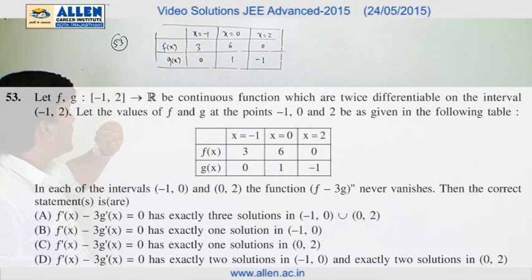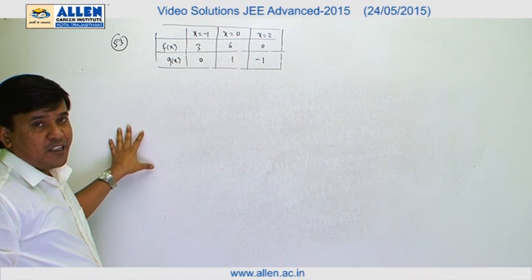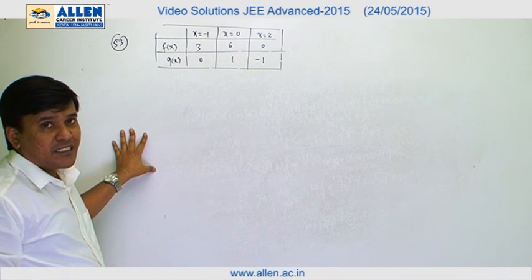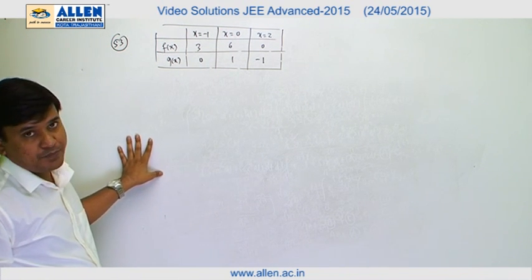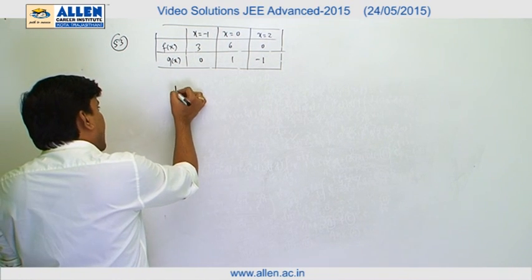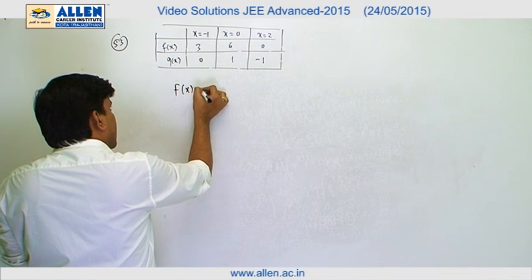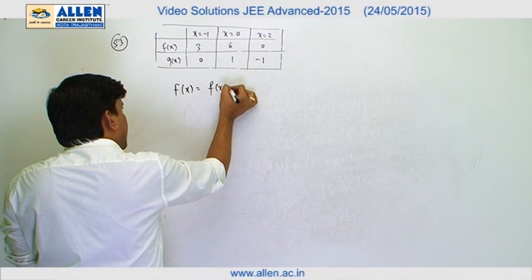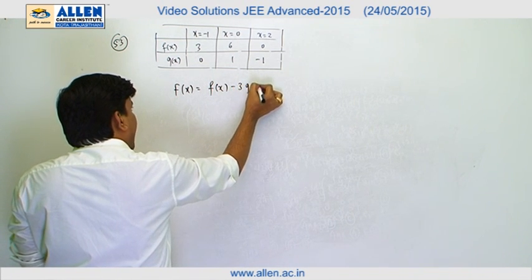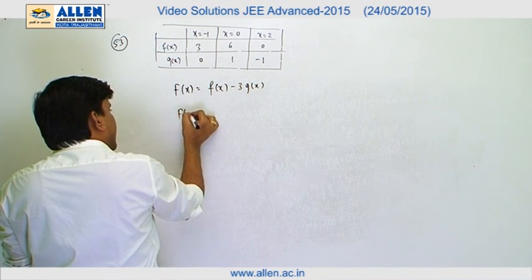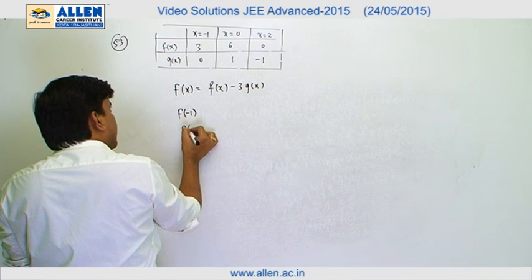In question number 53, f and g are two twice differentiable functions and the values at -1, 0 and 2 are given. In every option we can see we have to talk about f dash minus 3 times g dash x. So we can assume a function capital Fx as fx minus 3 times gx. And if we are evaluating the value of the function at f of -1, f of 0 and f of 2,